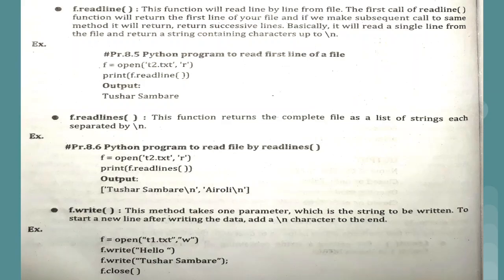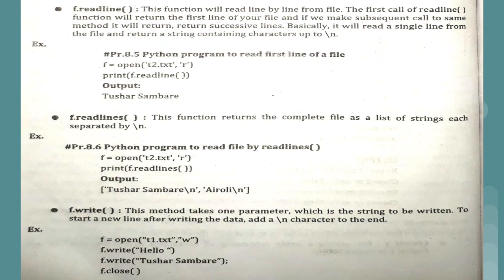Then the next method is readline. Because of the read method, what happened is it read all the content, as we have seen in the previous example. But if you want to read only a single line, and that too the beginning line, then in that situation you can make use of the readline method, which will read the content of the file line by line. So just see the example.